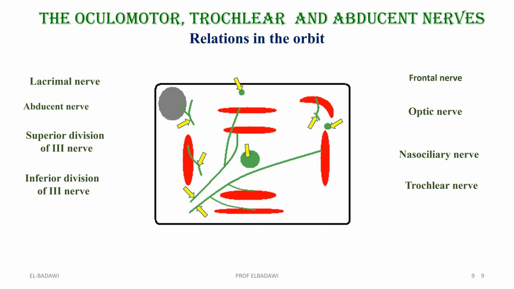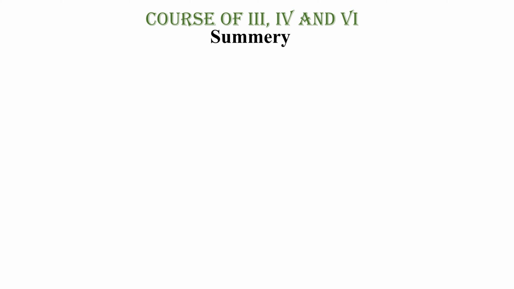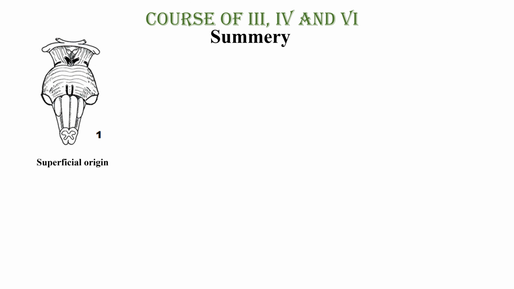And this is the trochlear nerve, which supplies the superior oblique, the muscle which has a tendon curving around the trochlear. So that is the trochlear nerve supplying that muscle. That's number 5B. If we summarize the course, it will be coming from